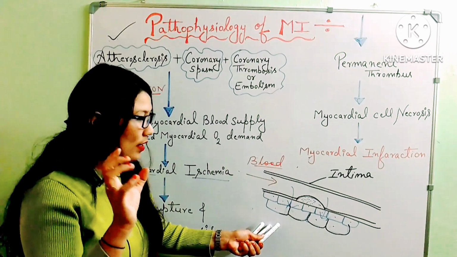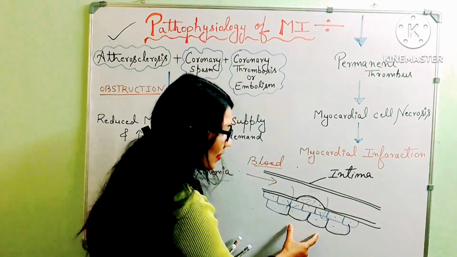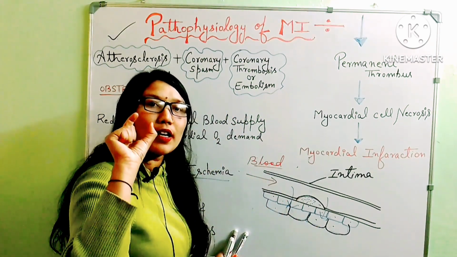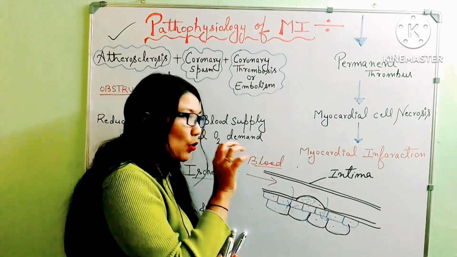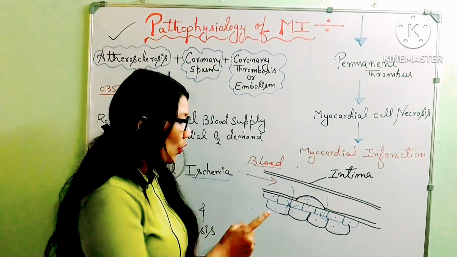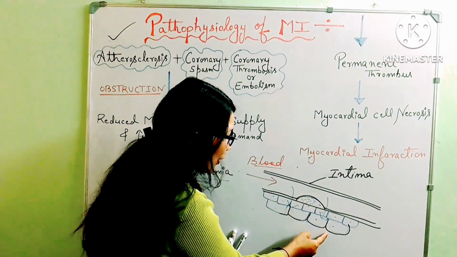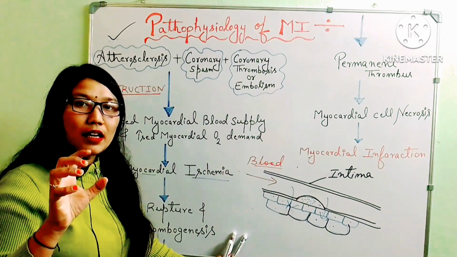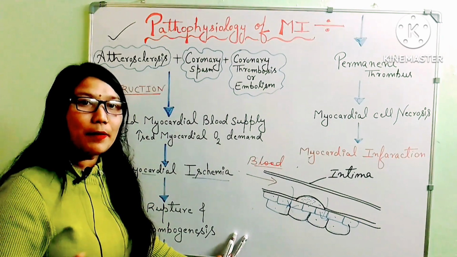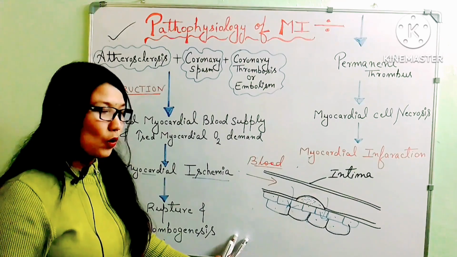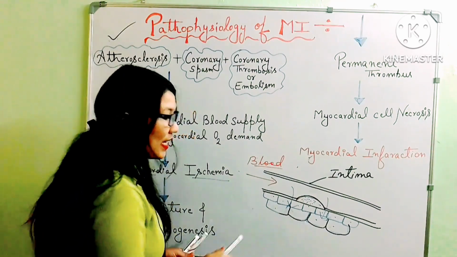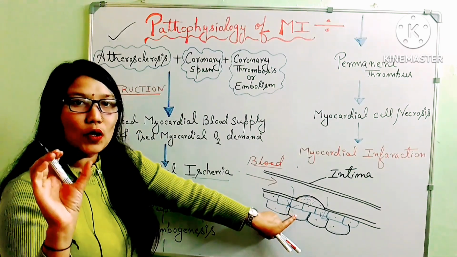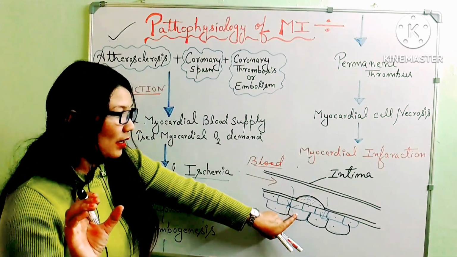Because these cells are deprived of oxygen, there is necrosis in some region of the heart. Suppose it is the left ventricular region: the cells there are dying, so there will be necrosis in the left ventricular region. What will the other parts of the heart do? They will increase their function and compensate for these cells, which are not getting proper oxygen and are dying.